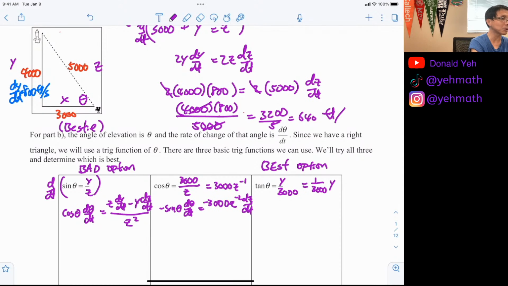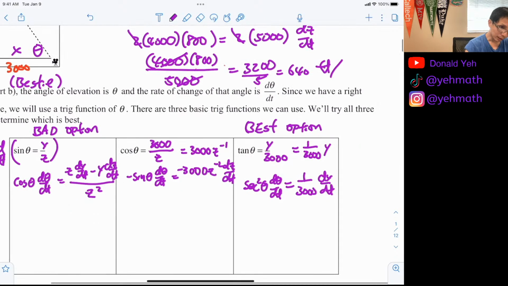Just think about it: the derivative of 2y is 2 dy dt. The derivative of 1 over 3000 y is 1 over 3000 dy dt. So if I take a derivative of that, it's going to be secant squared theta d theta dt is equal to 1 over 3000 dy dt. Are you lost? And what's good is dy dt is given. See, this is given from the problem. So it'll be 1 over 3000 times